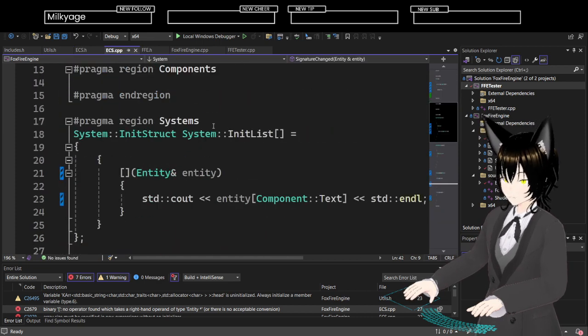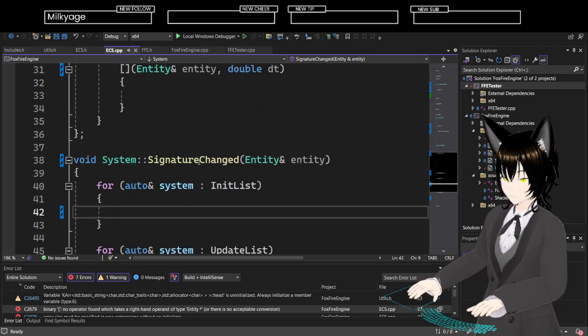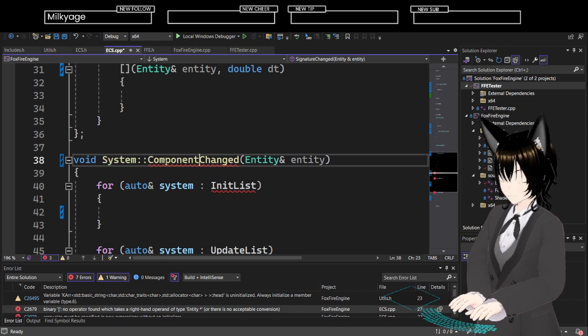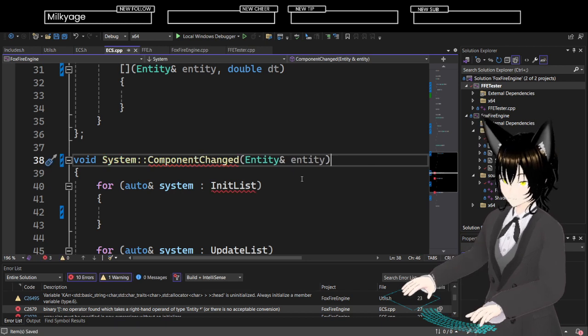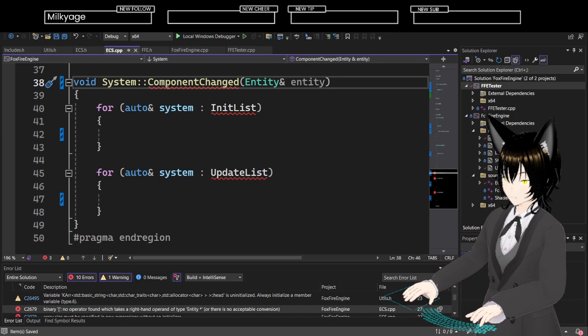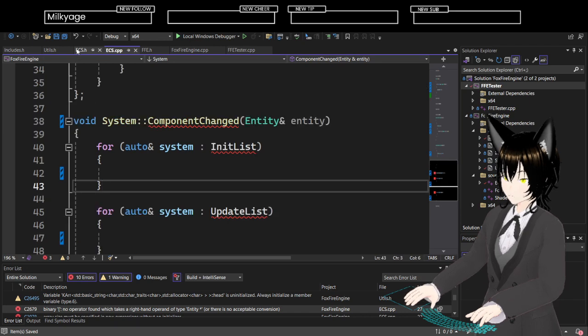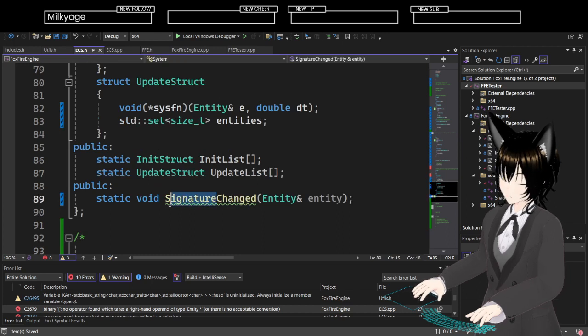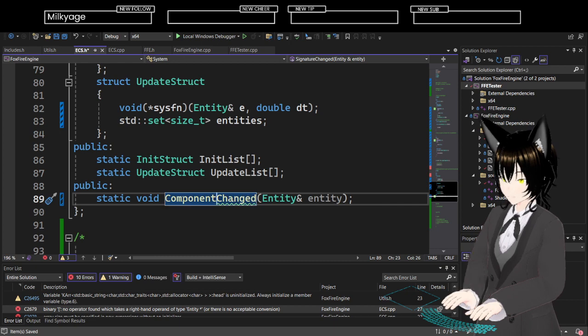Say the signature changed, it would be component changed, entity. And in here, instead of signature changed, it is a component changed.